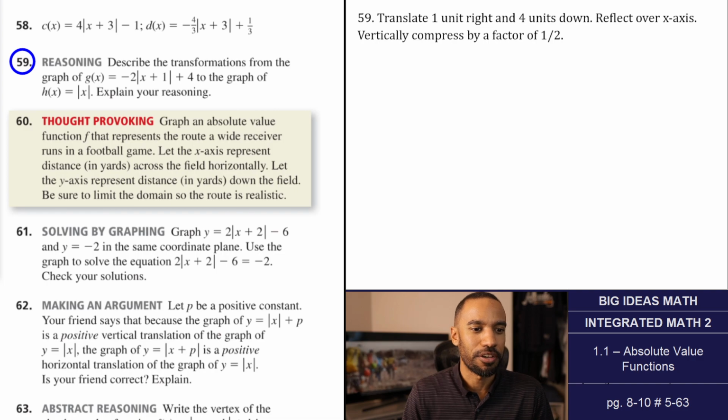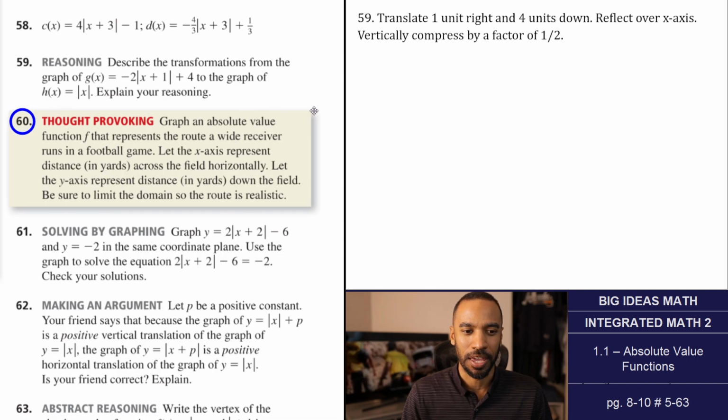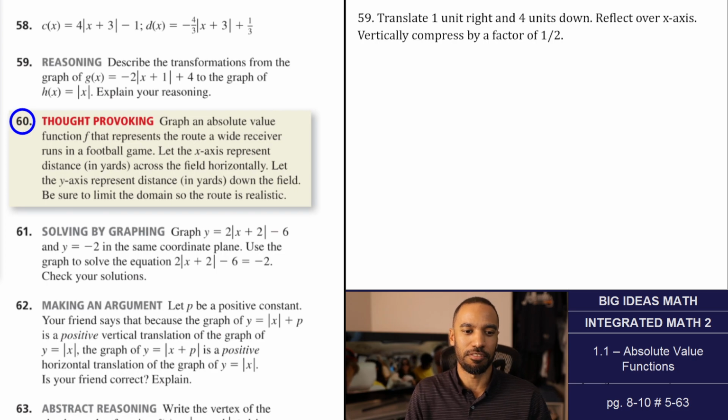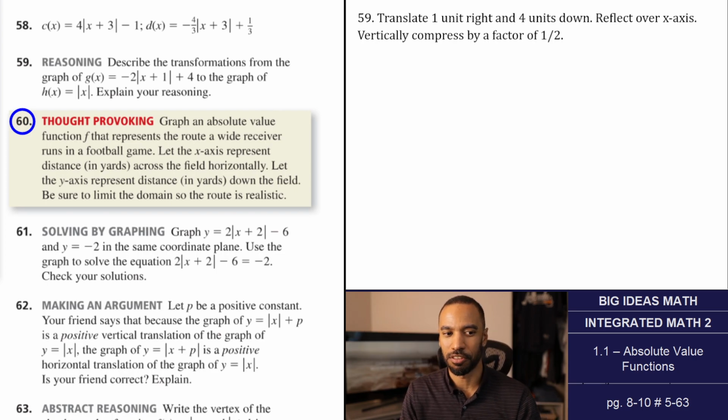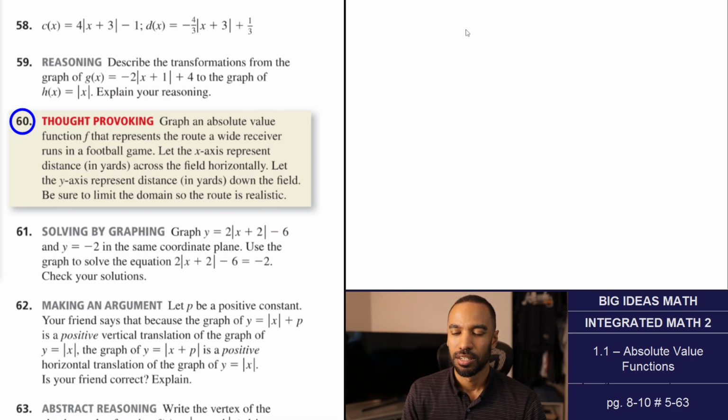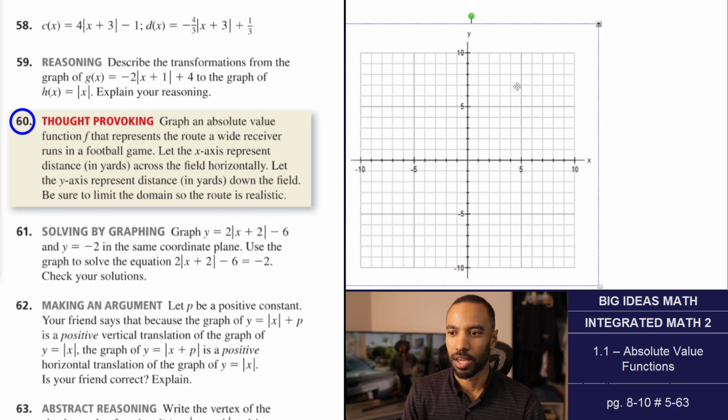Graph an absolute value function f that represents, oh my goodness, the route a wide receiver runs in a football game. Let the x-axis represent distance in yards across the field horizontally. Let the y-axis represent distance in yards down the field. Be sure to limit the domain so the route is realistic. All right, let me use a graph. Okay, so